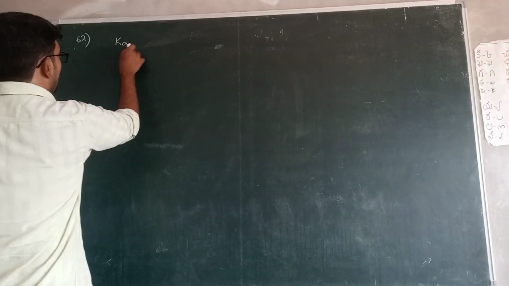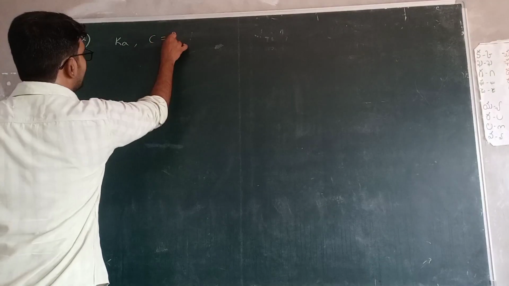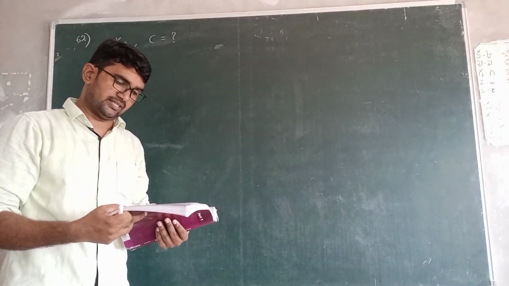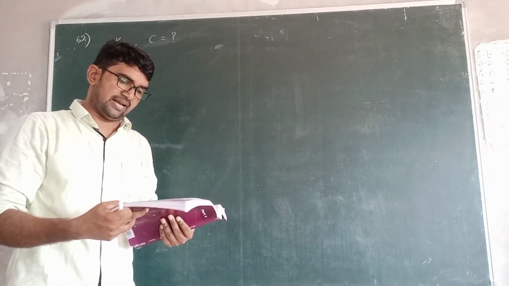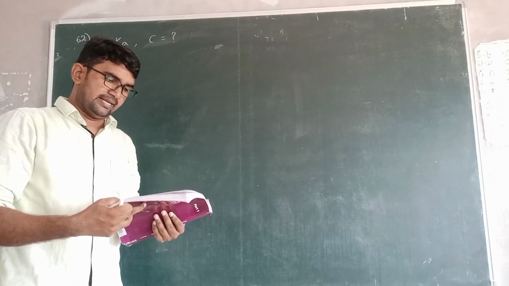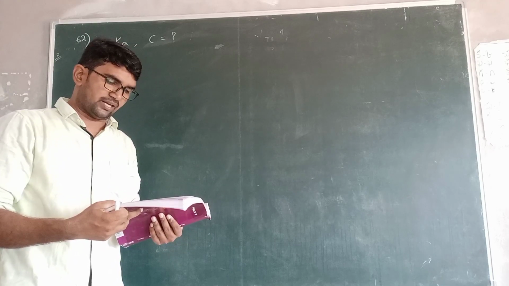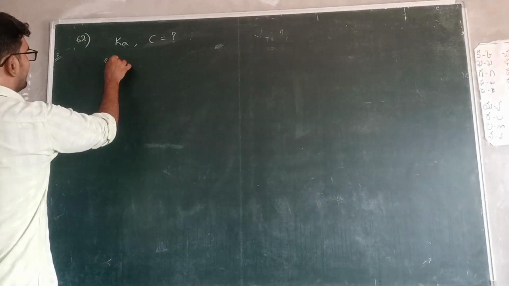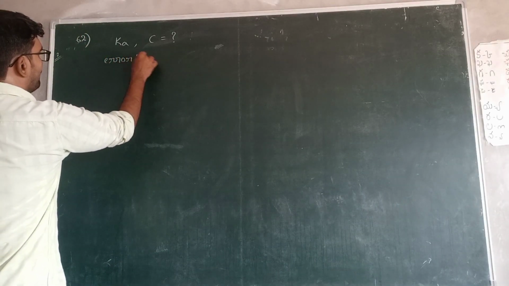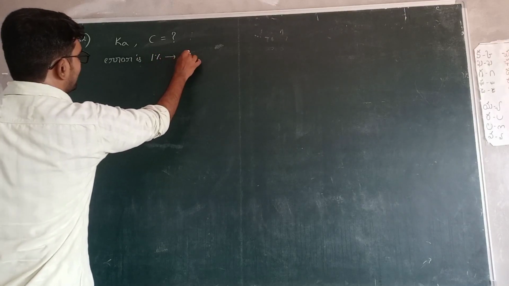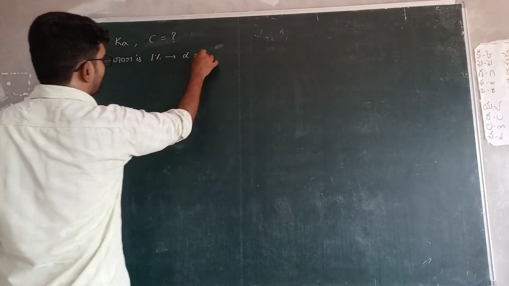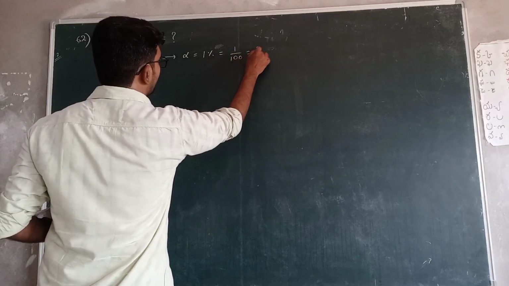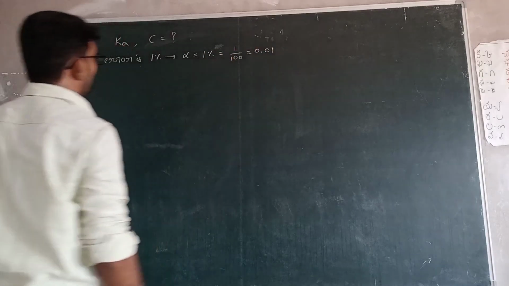We have to calculate the C, since the K value is given. The minimum initial concentration C such that the concentration of the undissociated acid can be equated to C within an error of 1% would be. Error is 1%, so alpha is equal to 1%, which is 1 by 100, that is 0.01 alpha value.